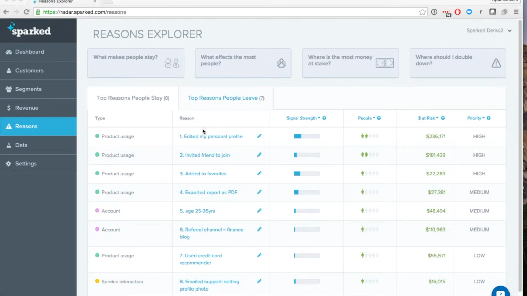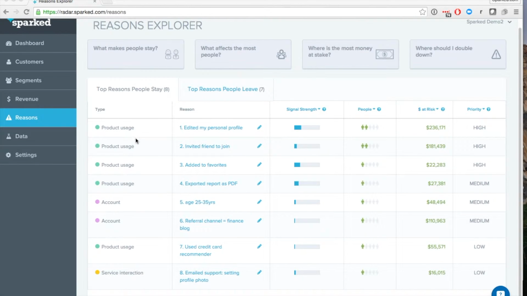Here I'm looking at the Reasons Explorer, and these are the results of the machine learning model that is investigating each data point that's coming into Retention Radar and picking out the factors that are most correlated with both churn and retention. So column by column, what we're seeing here is on the left, the data source that the factor